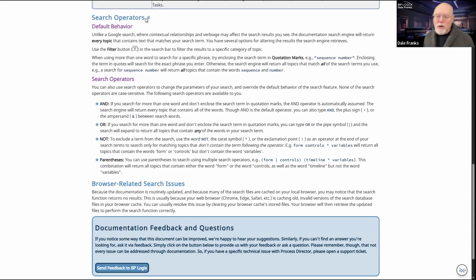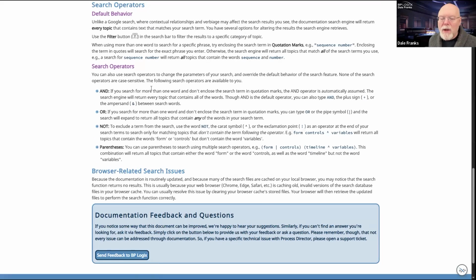But under search operators, there are a couple of things that you can use. There is the and, the or, the not, the parentheses. There are also some, I guess they're not wild card characters, but there are some little symbols like the caret symbol or the exclamation point, which allows us to make more complex search terms.